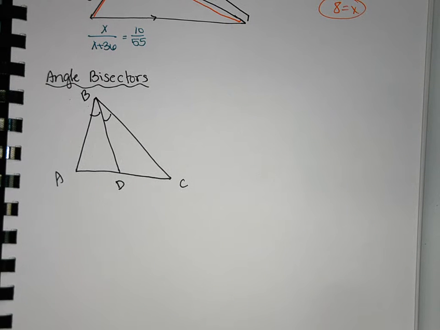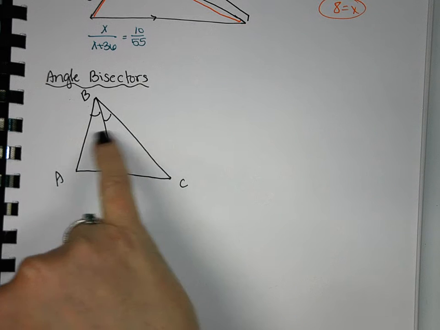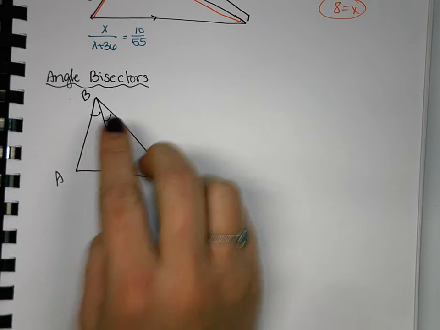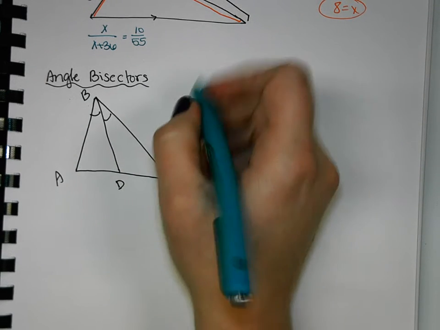So an angle bisector is a ray that bisects an angle. And so what this theorem says is that